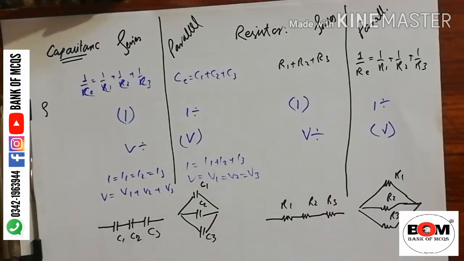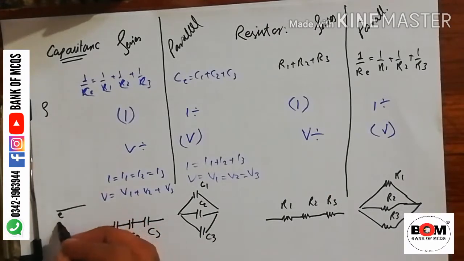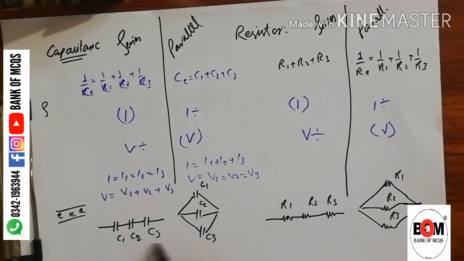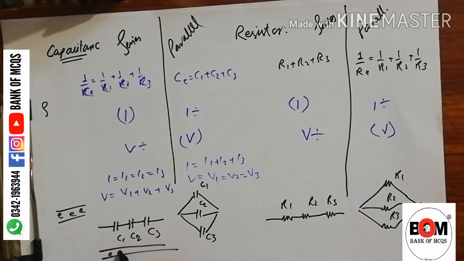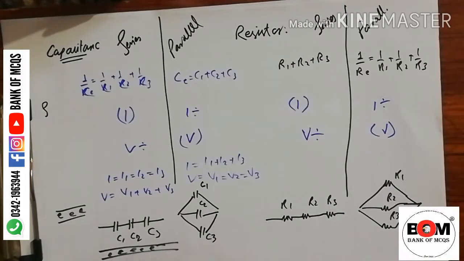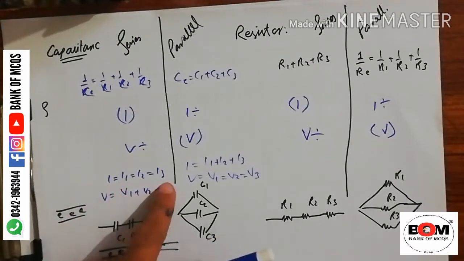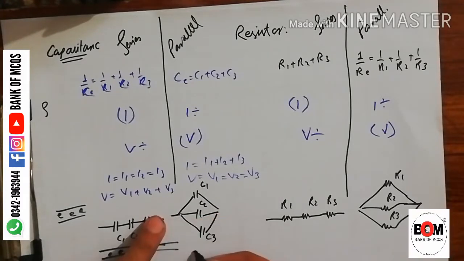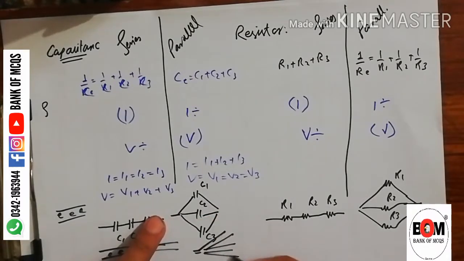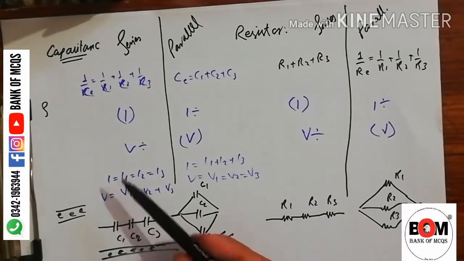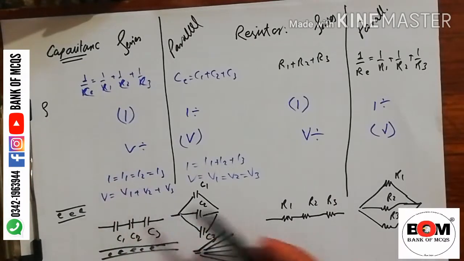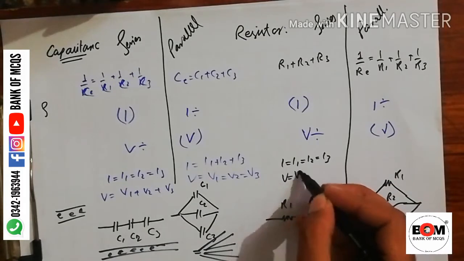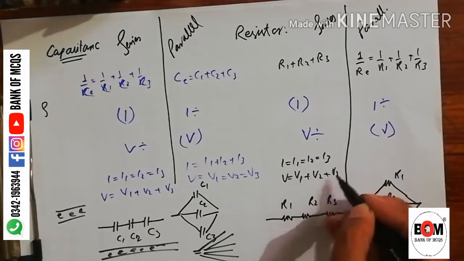To remember this point, remember that the flow of electrons is like the flow of water. So the flow of current is constant in series, and each one gets the same current. Now if this is the flow of water and there are 3 pathways, the current I divides into 3. The voltage is the opposite of current. So remember, in series I is equal to I1 is equal to I2 is equal to I3, but the voltage will divide, that is V is equal to V1 plus V2 plus V3.